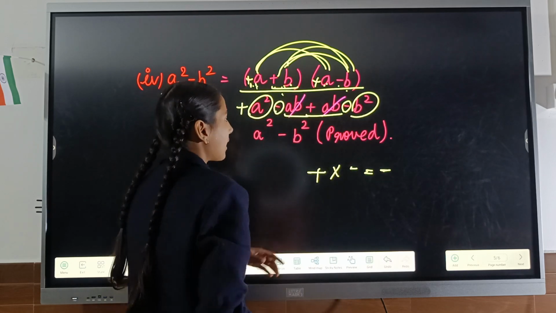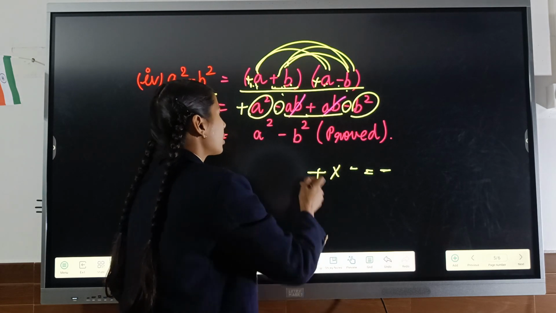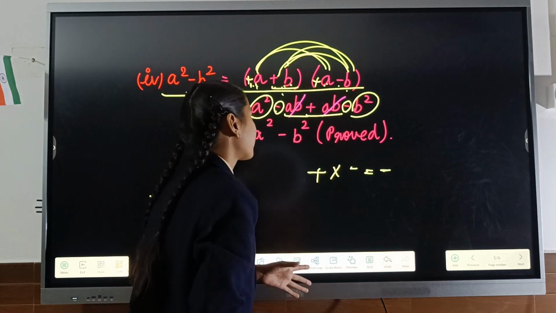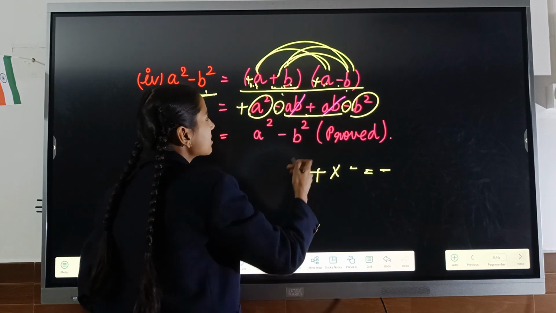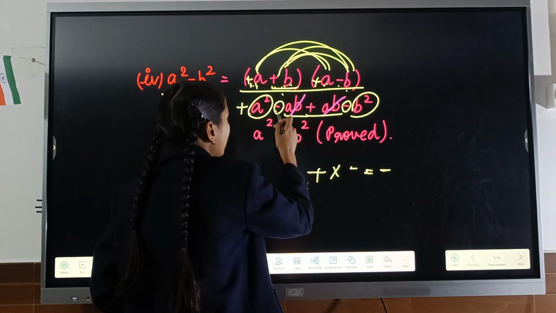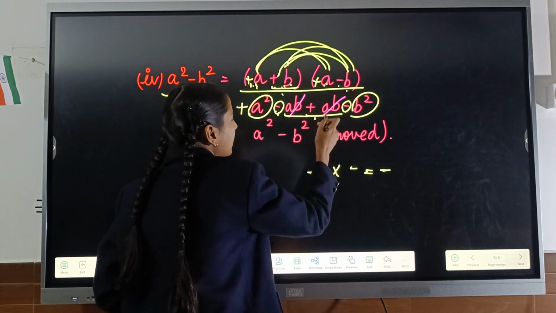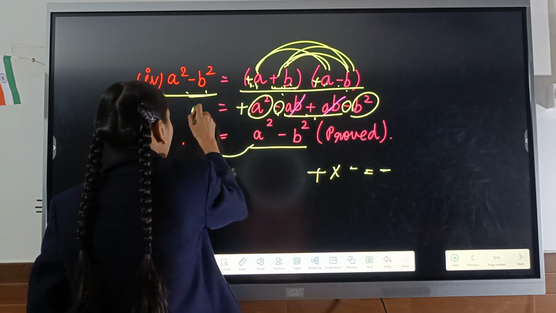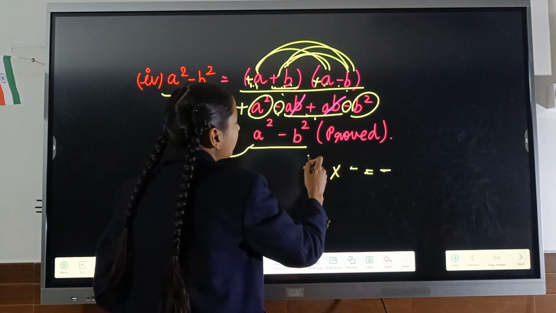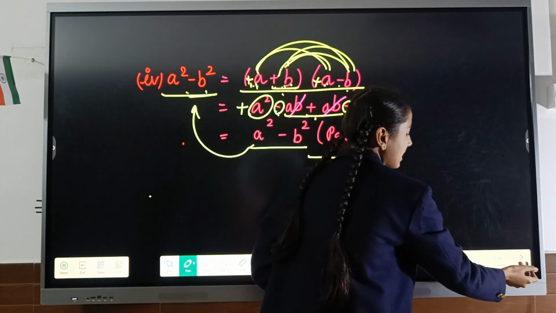So in the previous part, I have told you, when the signs are different but the digits are same, we can simply cut them. So here is minus, here is plus. We have simply cut them. So our result is a square minus b square. Our LHS came and the formula is proved. Next formula is,